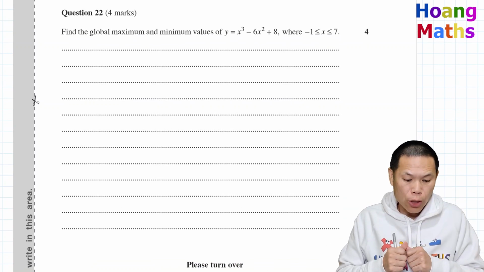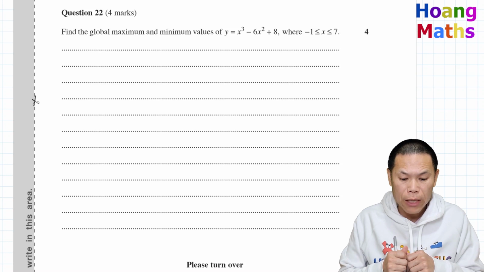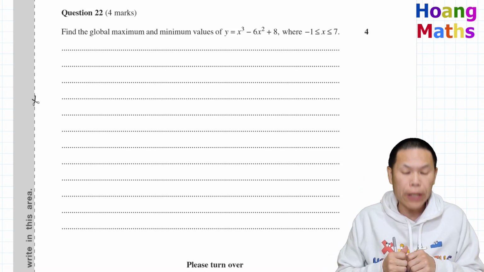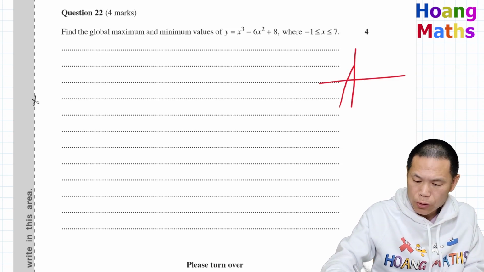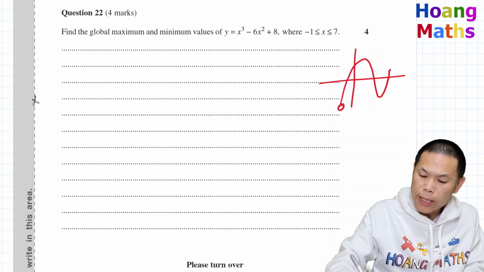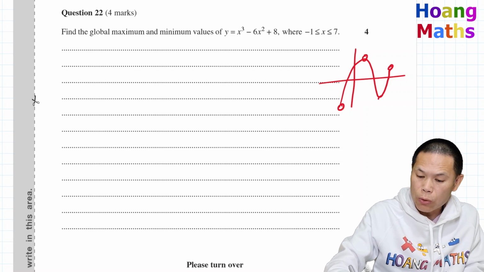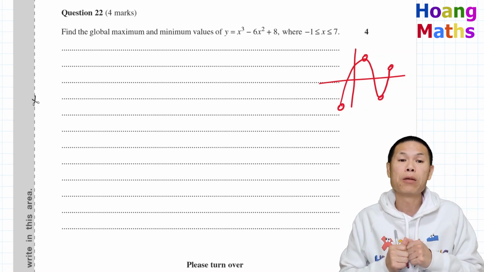Next one. So we need to find the global minimum and global maximum value for this function here. So the global minimum and global maximum is this. So we have a graph here. So it could be something like that. Okay. So could be the minimum is here, or could be in here is the maximum, or could be in here or here. Okay. We just need to find the maximum value of y and the minimum values of y,